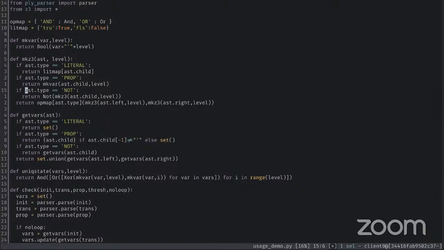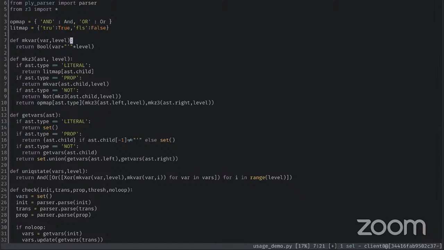If it's a literal, not, or a proposition, it has one child, so you can consume that child however you want. And if it is an and, an or, or a u, then it will have a left child and a right child. So you would recurse on the left child and on the right child and construct the formula using